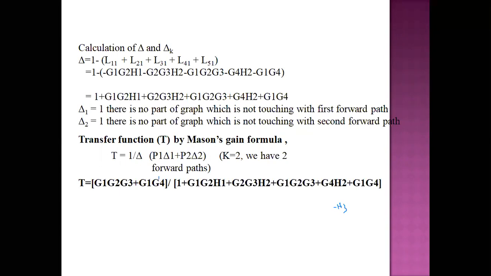Whereas in a block diagram, we have to follow some standard rules, that is block diagram reduction rules for solving the problem, and it also takes some steps, 6 or 7 steps, to arrive at the final overall transfer function of the system. And it also sometimes takes much time to solve the problem. So if you have two problems, one on block diagram and one on signal flow graph, it is advisable to take the signal flow graph to find the overall transfer function of the system.